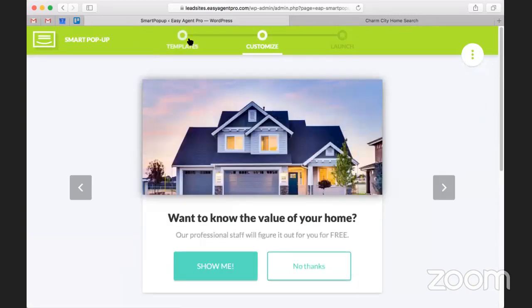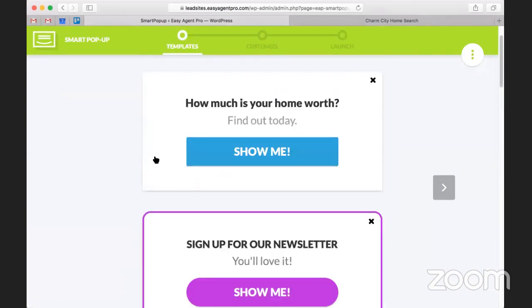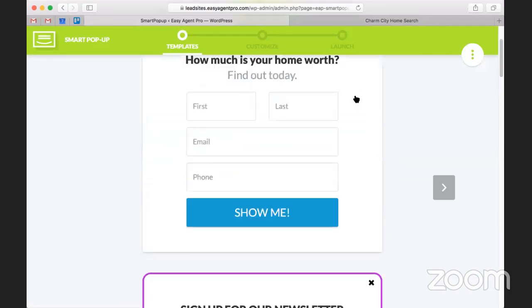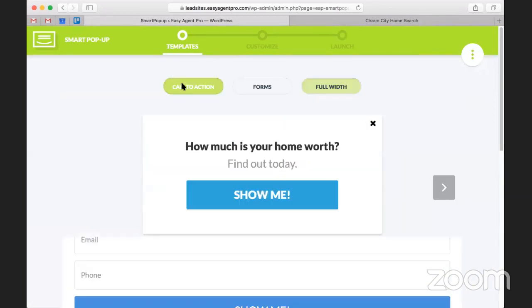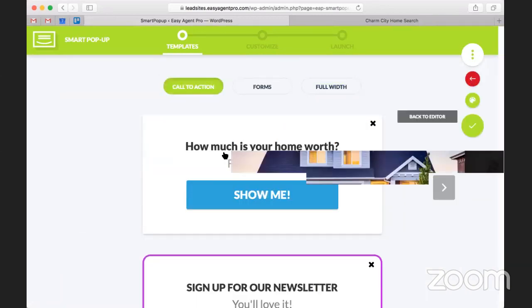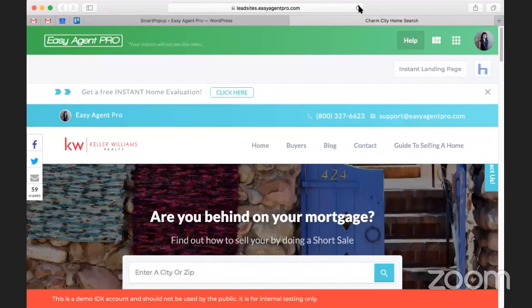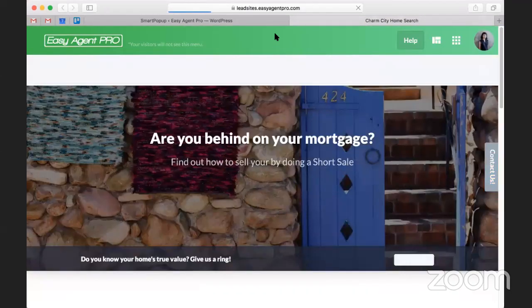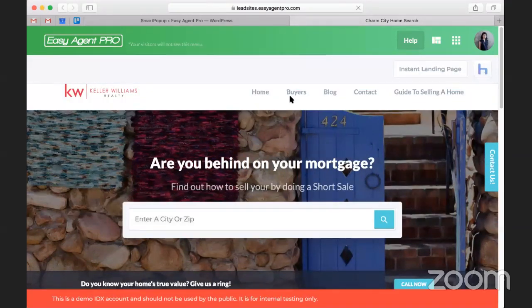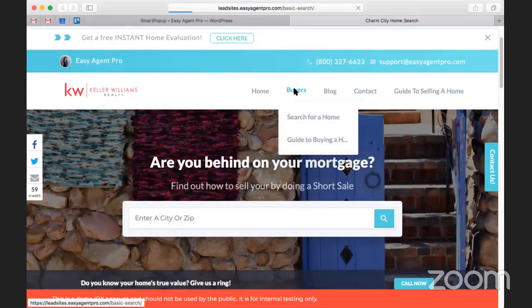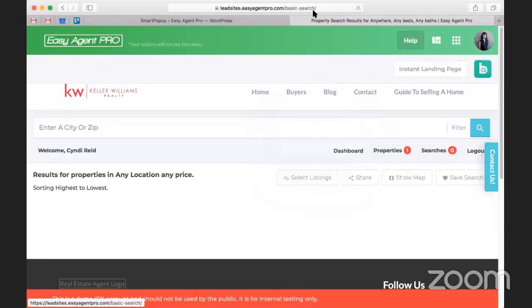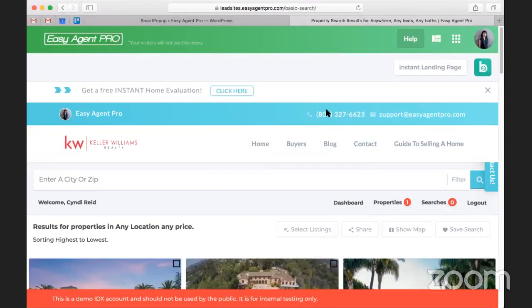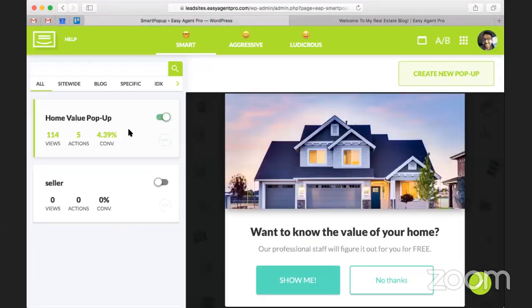If we go to customize, that's how you can pick it. And then there's a couple different options. There's forms and full width ones too, which take up the whole screen. These are neat because let's go ahead and just make sure that I have it on. Very good. So I'm going to go ahead and refresh my home page and click around a little bit. Let's go to the buyers page, for example, just to see what we got. And we're going to go to the blog section. Now, this one might not actually be,